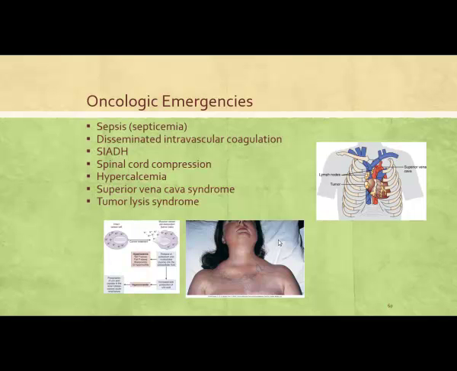Superior vena cava syndrome. That's when our superior vena cava is compressed or obstructed by a tumor or growth. So when we think about manifestations, think about your heart. Think about what empties into your superior vena cava. It's really the upper part of your body, and then it goes into the right atrium. We're going to have decreased cardiac output.